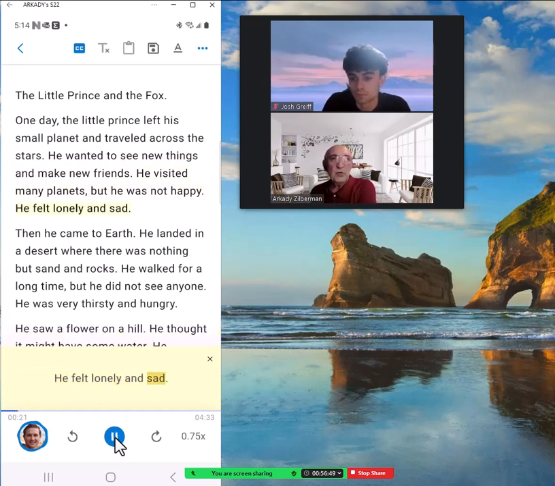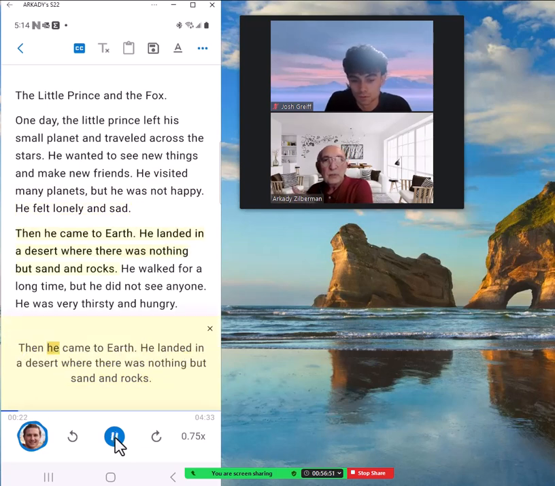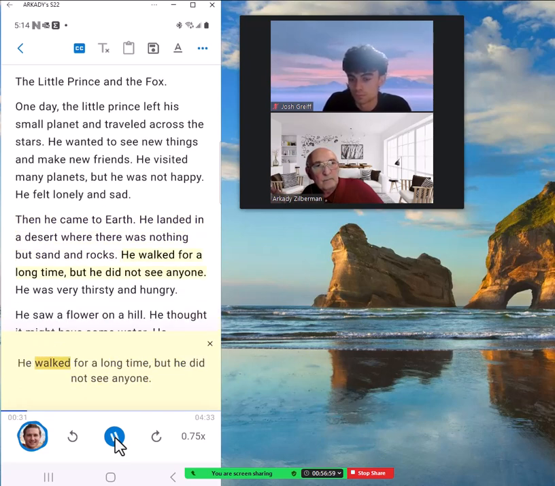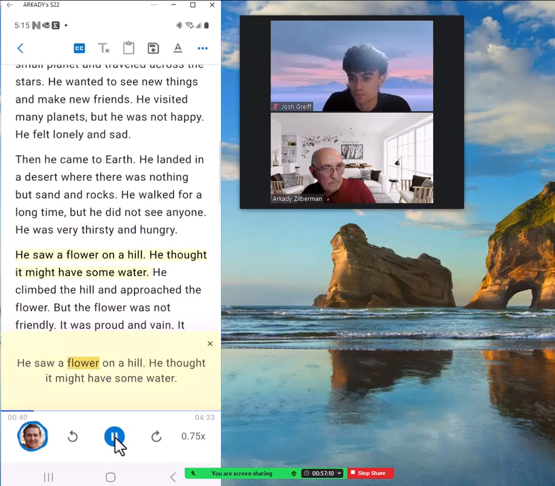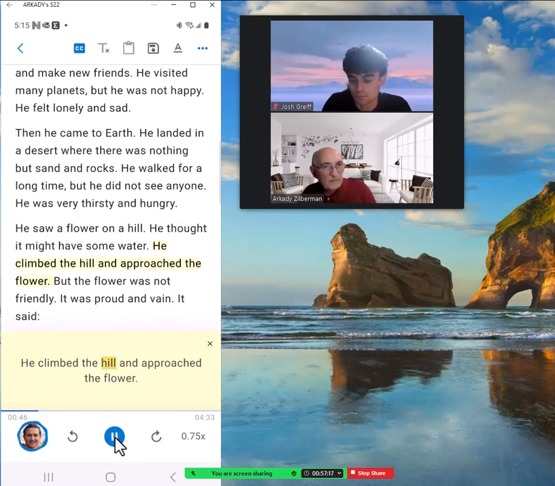He felt lonely. He landed in a desert where there was nothing but sand and rocks. He walked for a long time, but he did not see anyone. He was very thirsty and hungry. He saw a flower on a hill. He thought it might have some water. He climbed the hill and approached the